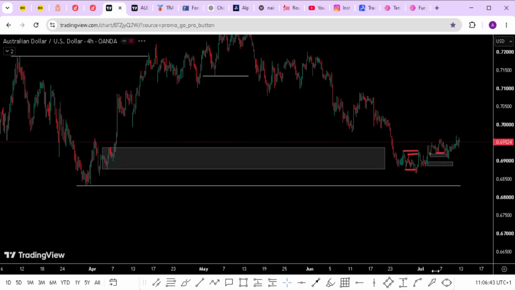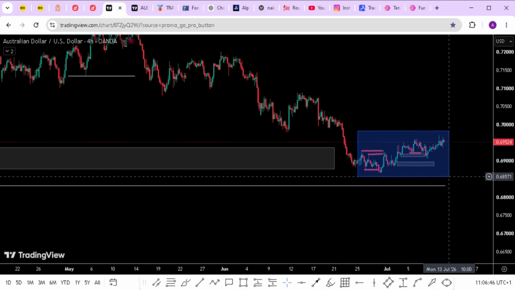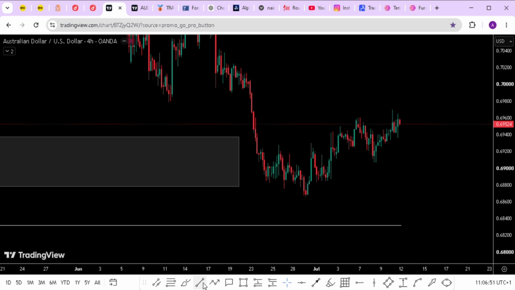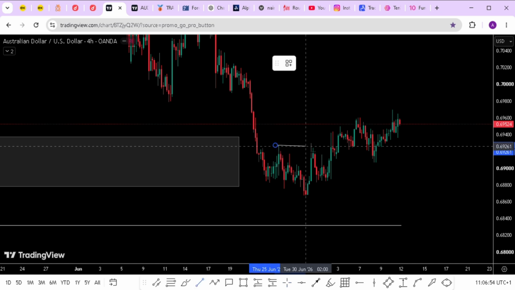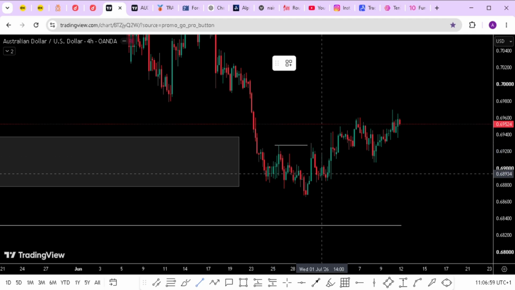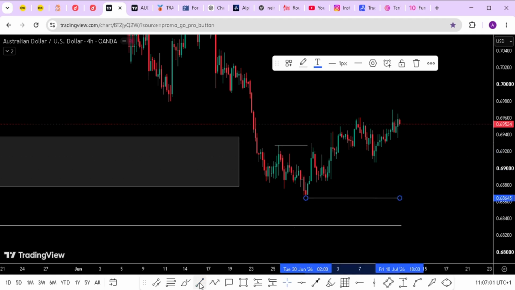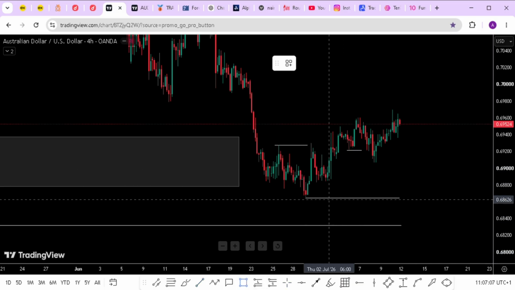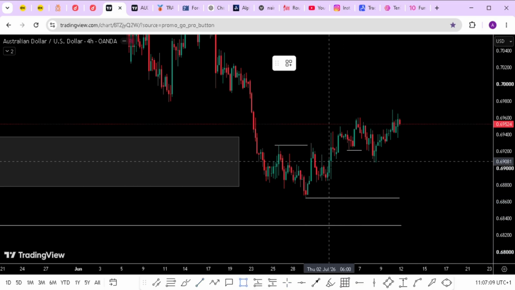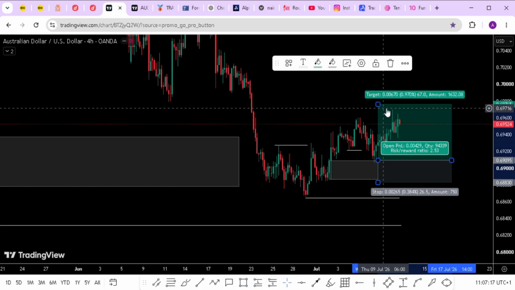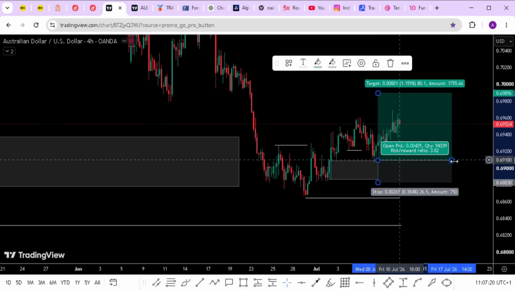It's respecting our higher time frame POI already. So the current bias is to just look for buys. This is what I'm actually planning on AUD USD. This low will be protected, and then I'll wait for this to happen. The market takes out this liquidity, then I'll wait for this hidden POI. This is like a hidden POI for me, so I would prefer to look for a long from this angle. This is exactly what I'm planning for.